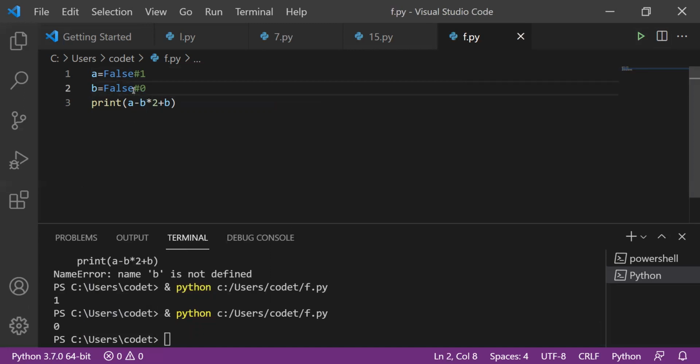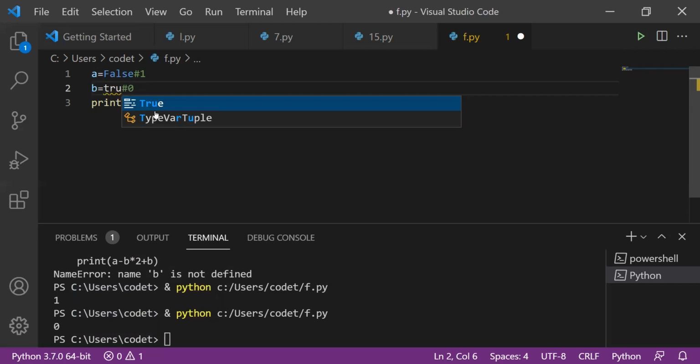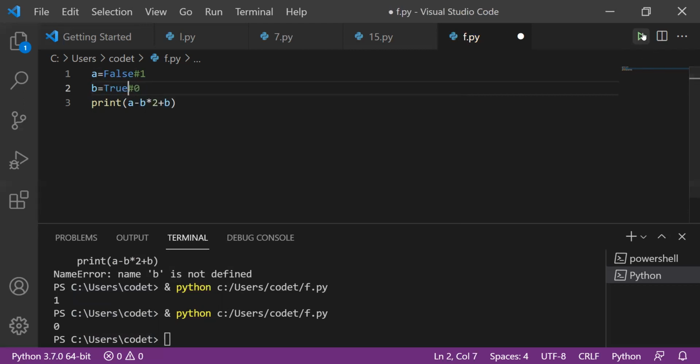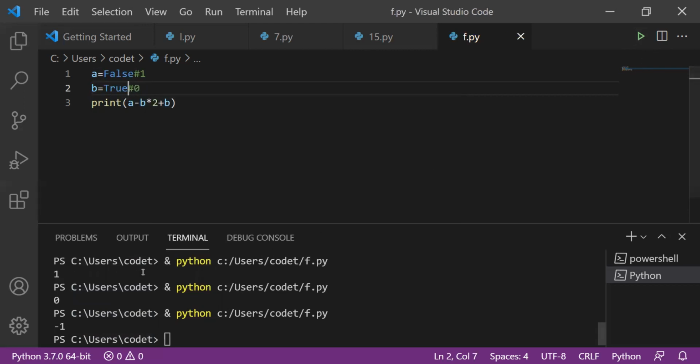Now, if the above one is true, or if it is true or false, something like that. Now I'm just changing this with true. See here, can anyone guess the output? -1 we are getting. Okay. So it is not like true or false. True means 1. Okay. And false means 0. I'm just changing these values also.